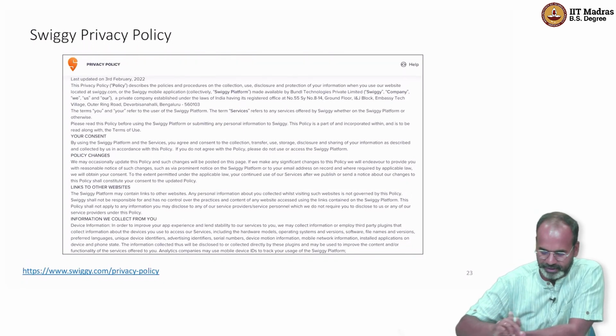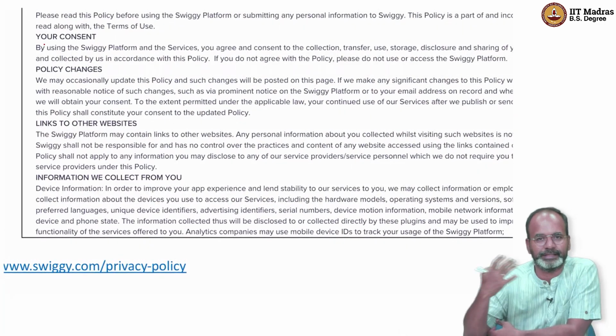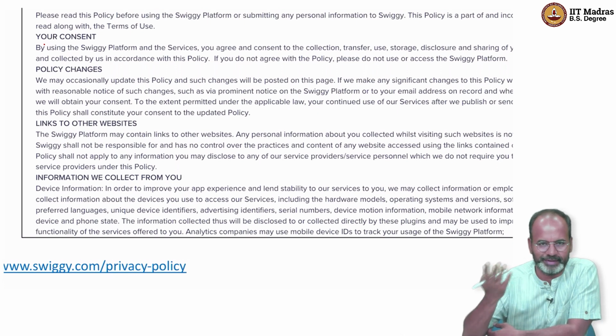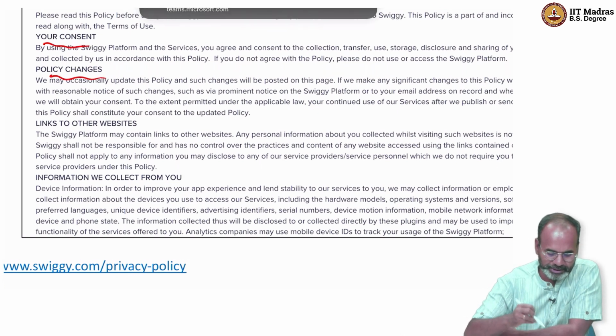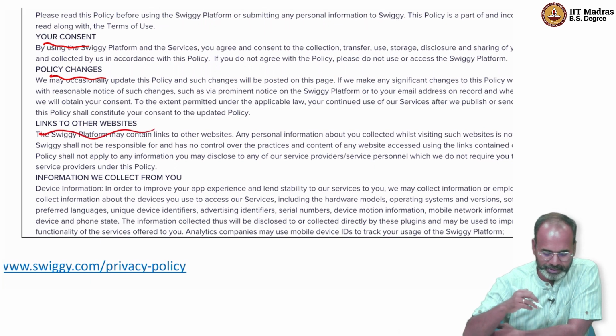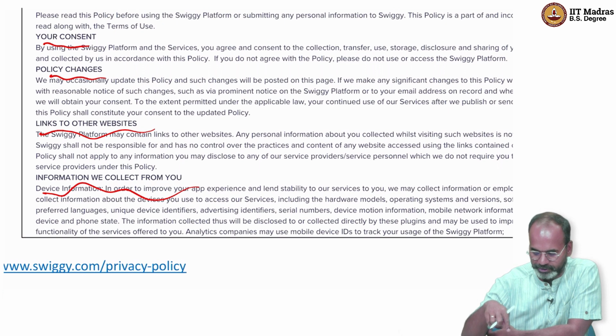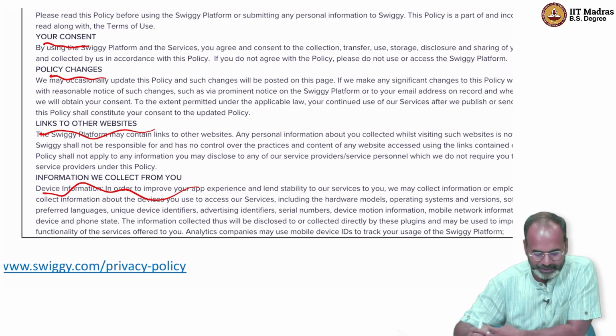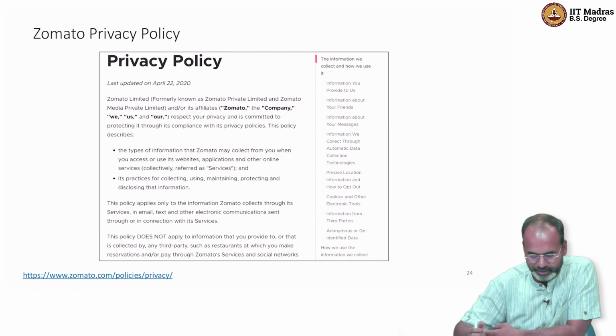Swiggy's policies, again, Swiggy does a different set of services, right? They're delivering food for us, and they have a third party that they're interacting with who's delivering the food. What interactions do they have with them? Your concern, policy changes, links to other websites, information we collect from you. What information do they have is what they are mentioning here. That's Swiggy. Zomato